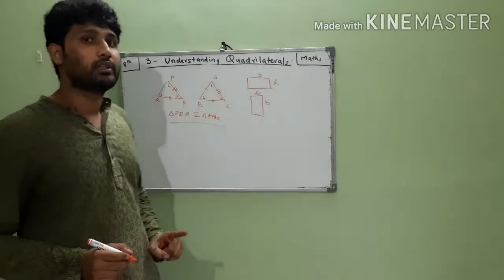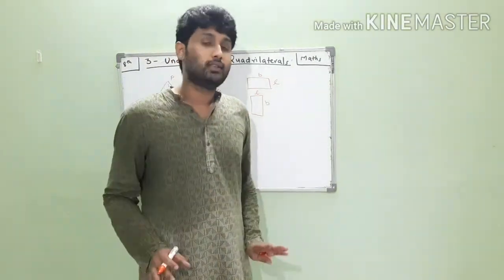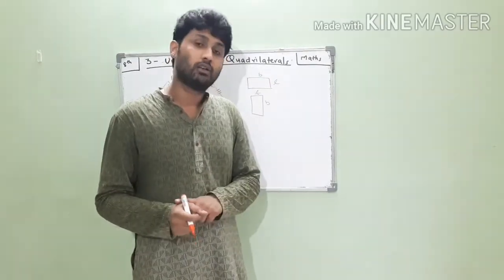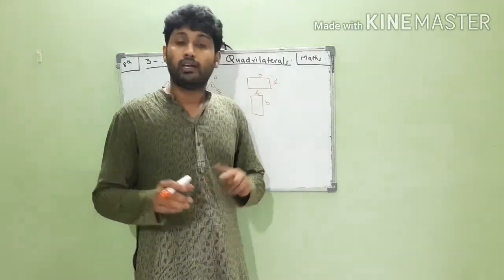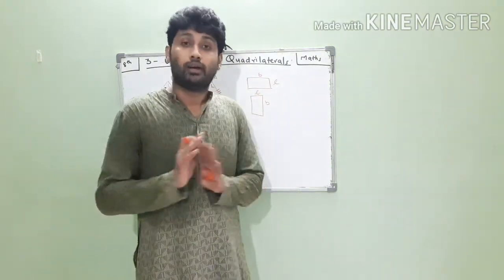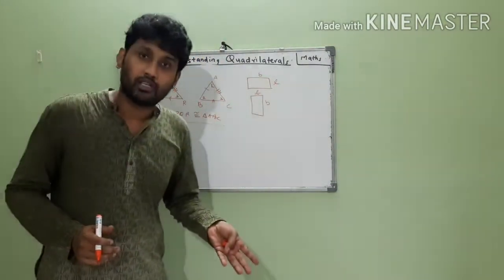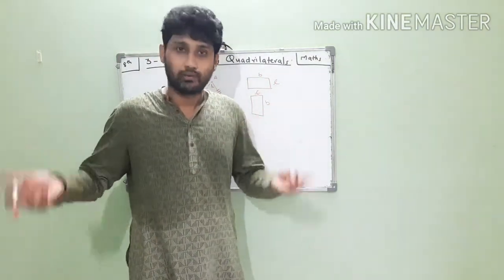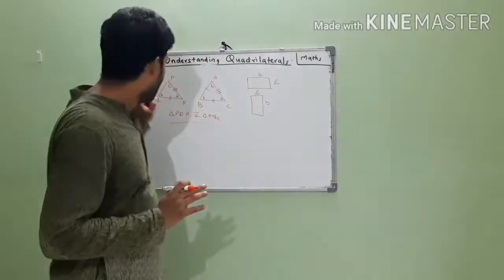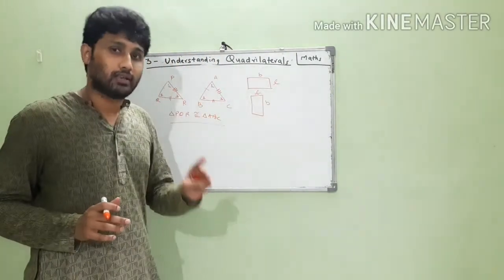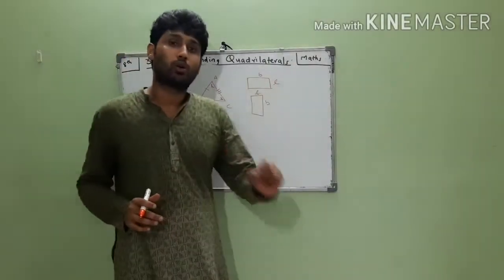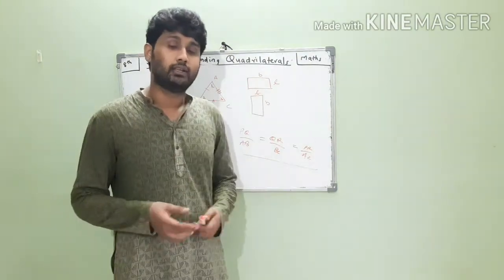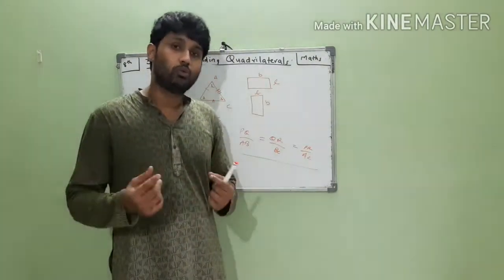So for congruency, it is very important that all the 6 aspects of a triangle, which are 3 sides and 3 angles, all of them have to be equal. It doesn't matter if the shape is twisted. It is okay if the triangles are mirror images of each other. It is okay if they are turned 180 degrees or 270 or whatever degrees. But if all the sides and all the angles of two triangles are same, the triangles are said to be congruent with each other. Let us move on to understanding some of the ways in which you can determine that two triangles are congruent.